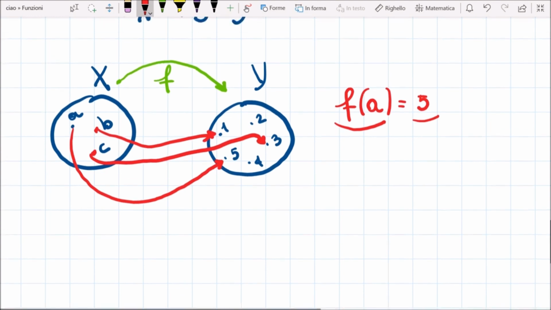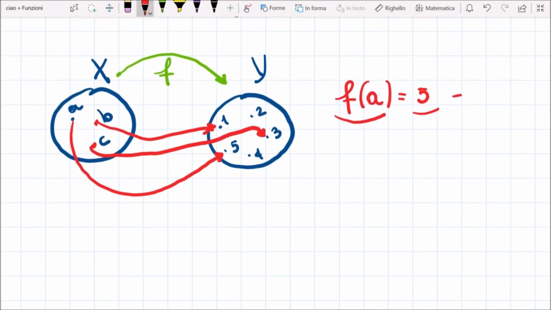The term image refers to the element in the codomain Y that corresponds to the element A in the domain X. So, as you can see, we've represented the elements of Y earlier, and now we've found an alternative way to represent the element by using the element from the domain X to which 5 corresponds. Remember that when we write the elements of the codomain as images, it means those elements correspond to some elements